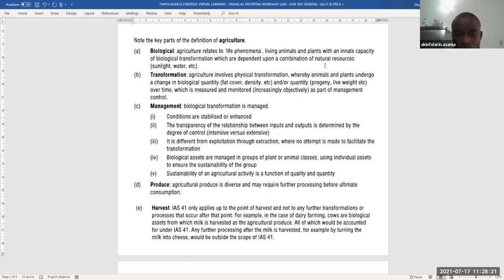Produce, now. Agricultural produce is diverse and may require further processing before ultimate consumption. Harvest. IAS 41 only applies to the point of harvest and not to any further transformations or processes that occur after that point. For example, in the case of dairy farming,